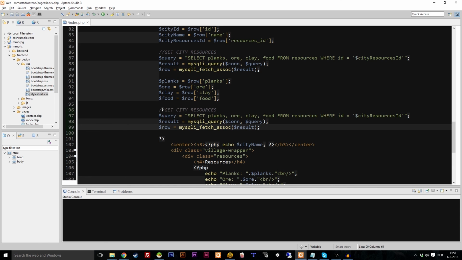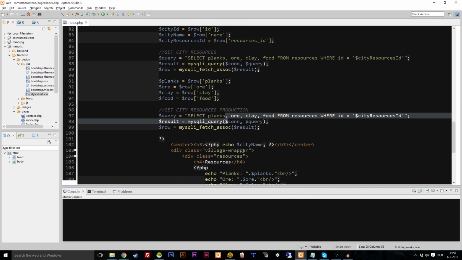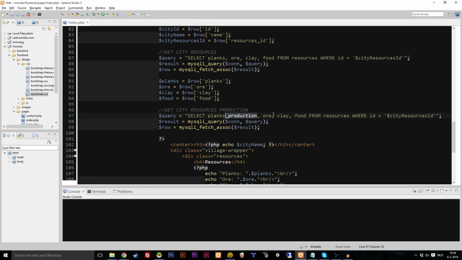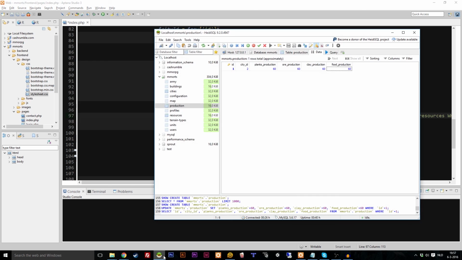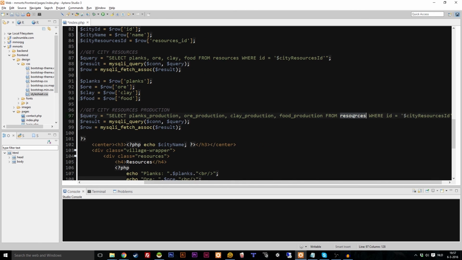Then say get city resources production. So select planks_production, ore_production, clay_production, food_production. Let's see if I spelled it all right. Yes. From production,